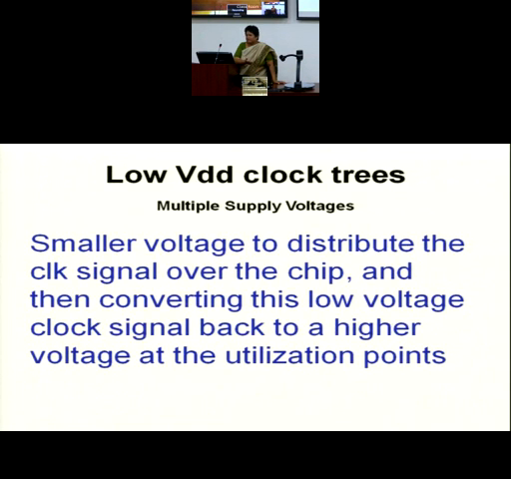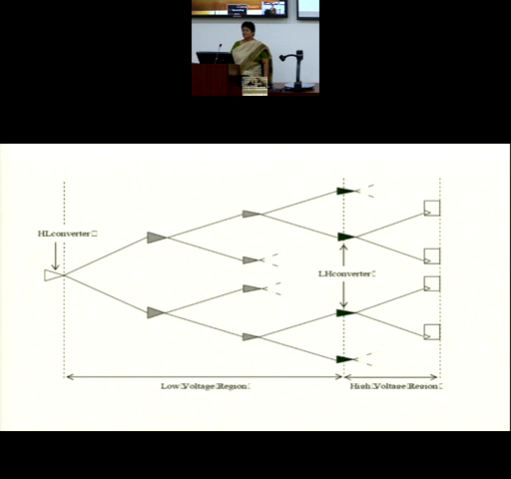So I would be designing a high to low converter and a low to high converter. The internal buffers will be operating at low VDD, and they may be inverting or may not be inverting. It depends on how you design. So the strategy is this: you have a clock tree, with a high to low converter where the signal is coming from a PLL, then in between all VDD low buffers, and towards the end a low to high converter, and finally the output goes to the flip-flops through which data is flowing. So how do you design?